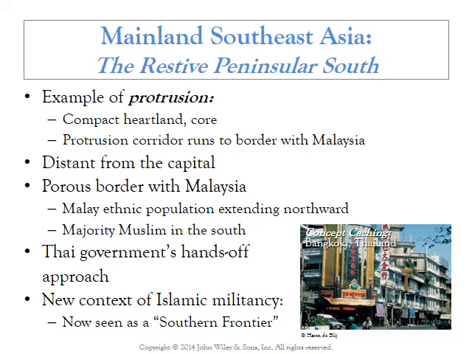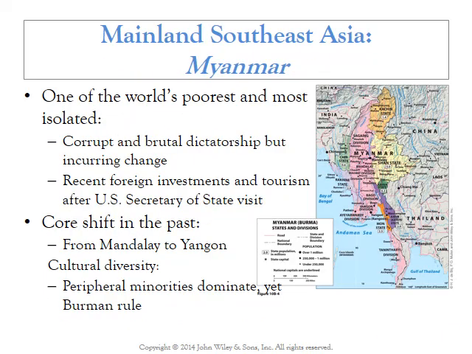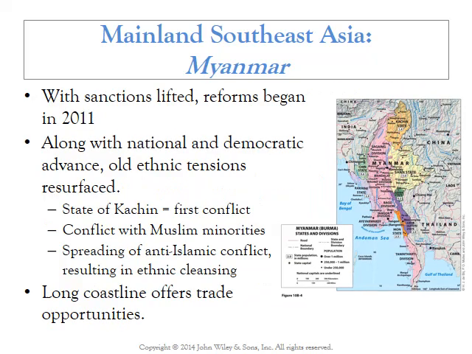it borders with Malaysia, and it's essentially just a porous border. There's no physical barrier between Malaysia and Thailand through that area. And there's a difference in the population as well in the southern part. Unlike the rest of the nation, the Muslims predominate in the southern frontier. So again, we have a great contrast. Remember, we had Vietnam, which is economically on the upswing, and then we had Laos, which is not very effective economically. Thailand, the most vigorous economy in the mainland region.